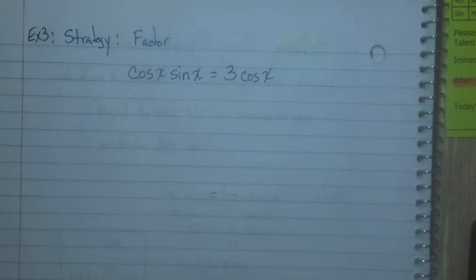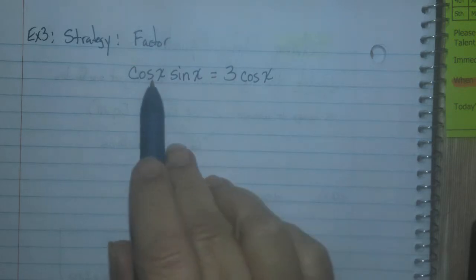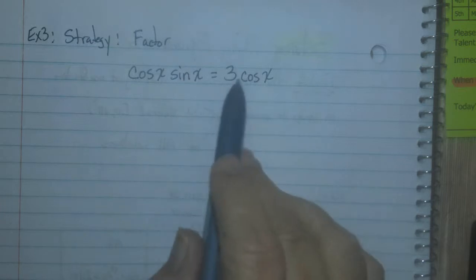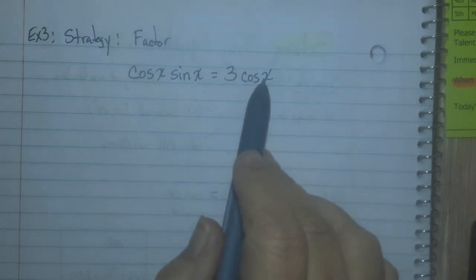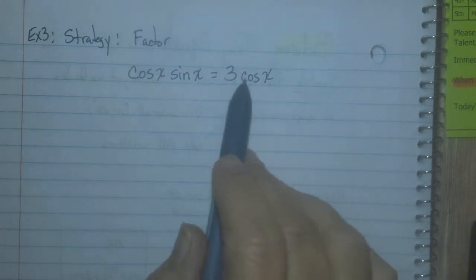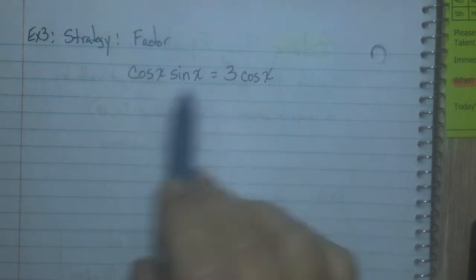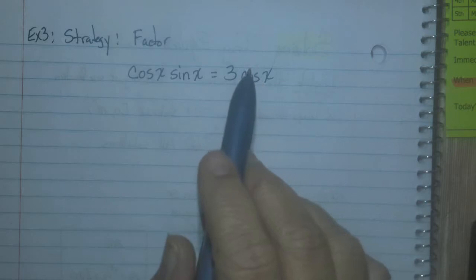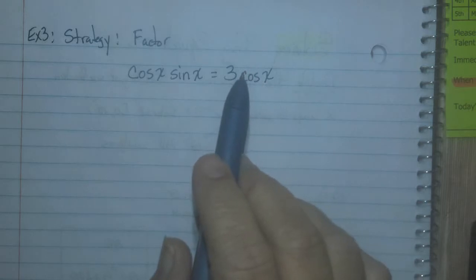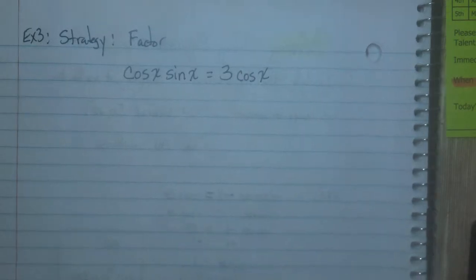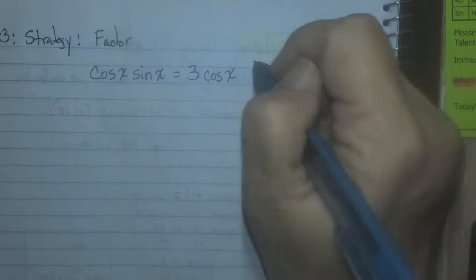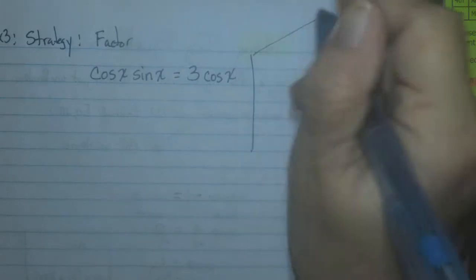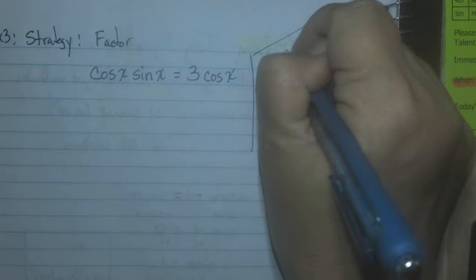Now, you might be looking at this and say, well, there's cosine x times sine x, and there's 3 times cosine x, and so a way to undo multiplication is to do division, so maybe we should divide by cosine x. And I'd be following right along with you, and it seems to make sense, but you can't do it. Alright, so let's just put a little note over here. Do not